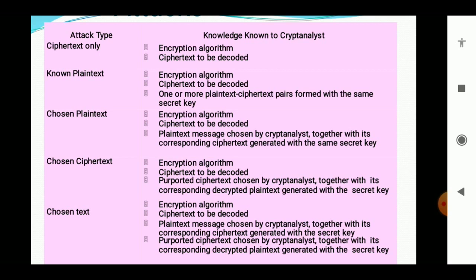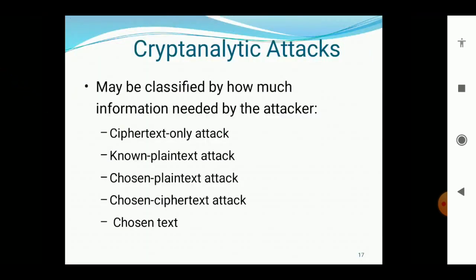I would like to incorporate this table in detail in this category of cryptanalytic attacks. We may get some clear information regarding that. Attacks may be classified by how much information is needed by the attacker. This same type of attack can be classified from the needed information point of view. We get the types: ciphertext only attack, known plain text attack, chosen plain text attack, chosen ciphertext attack,